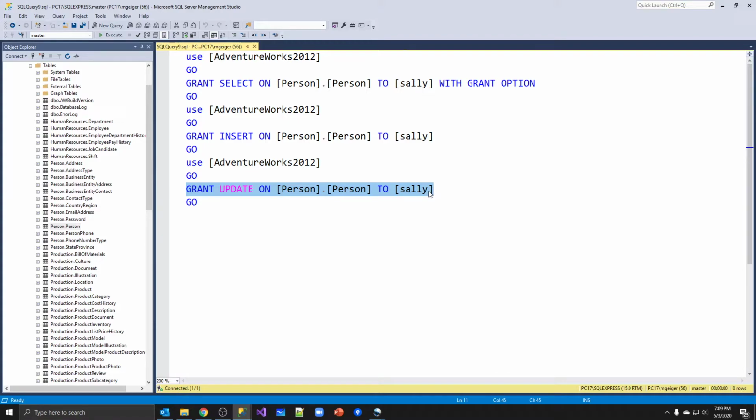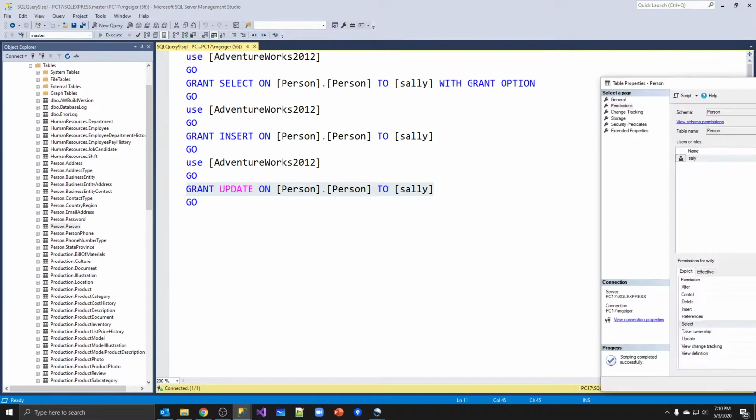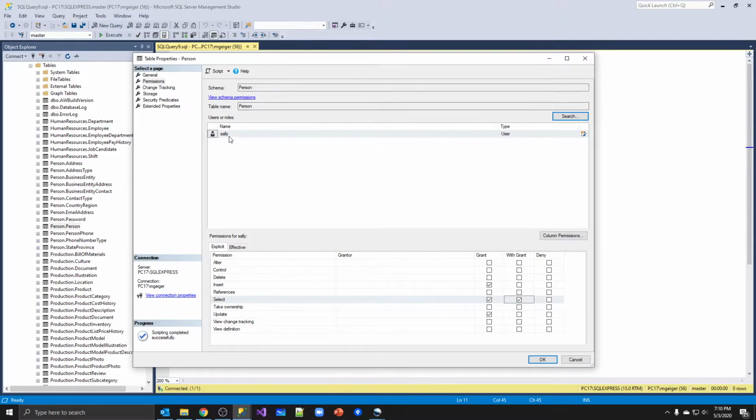If I had to do that for Sally, and I have to do it for George, and I have to do it for Sammy, it starts adding up a lot. So it's better to make that role, give permissions to the role, and then assign people to the role instead. Let's go back and look at that. Back here, I can grant all these permissions to Sally, or